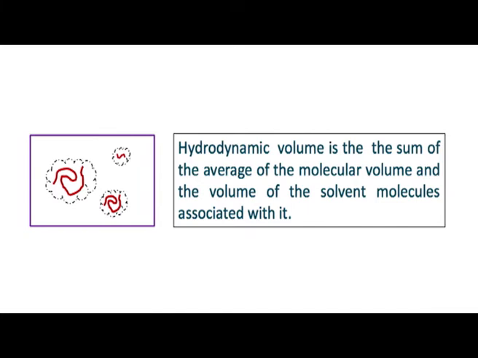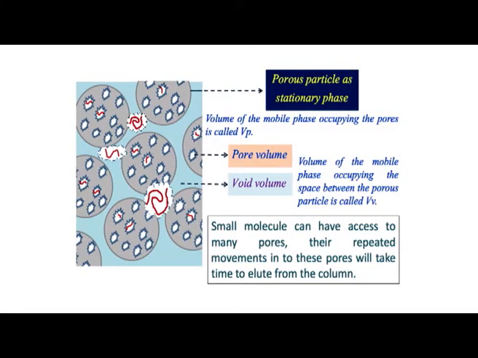with the molecule. So as I told before, the column or stationary phase consists of particles that have small pores. If the mobile phase is flowing through the column, these pores will contain the mobile phase. The volume of the mobile phase occupying the small pores of the stationary phase is called the pore volume. As we know, only the small molecules can have access to these pores. The other volume is the space in between the stationary phase particles, which is called the void